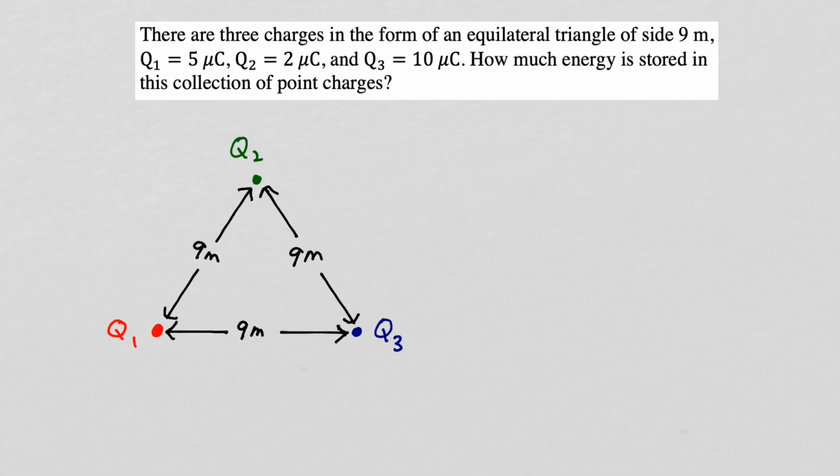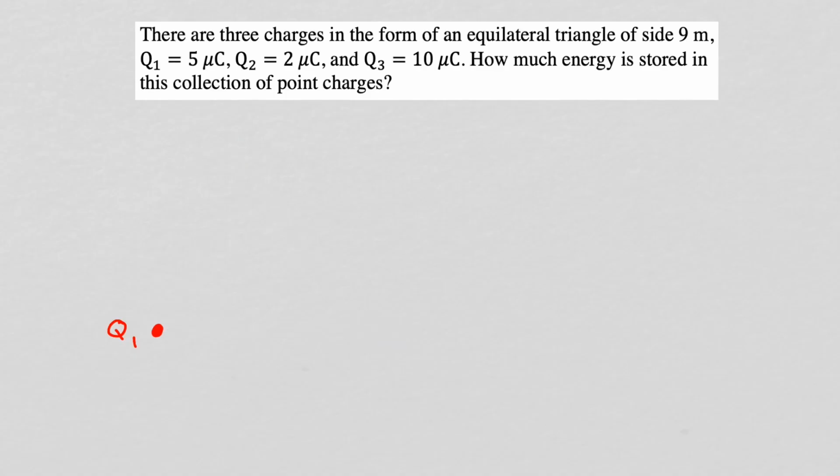Let's take the three charges and move them all out to infinity. If the charges are all at infinity, there's no electric field intensity anywhere in space. We are now going to bring the charges in one at a time. So let's first bring Q sub 1 in. The amount of work it takes to bring Q sub 1 in is going to be 0 because at this point there's no electric field intensity anywhere because Q1 is the only charge in space.